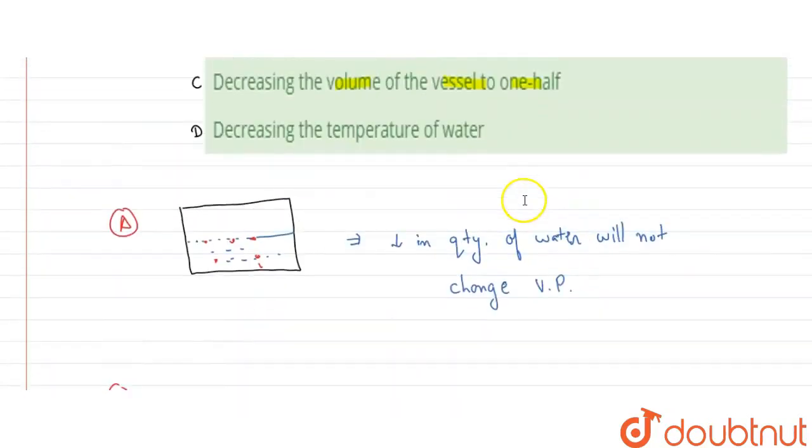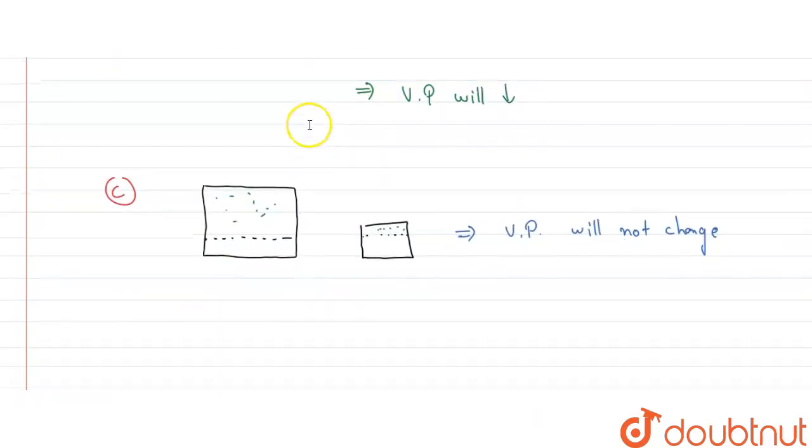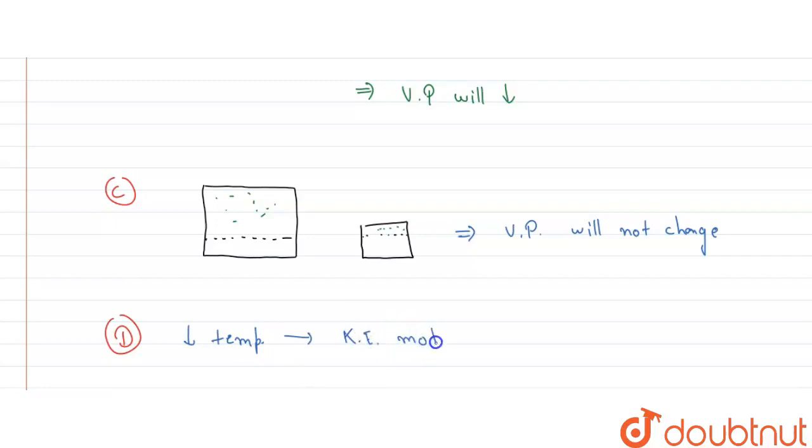Now the last option is decreasing the temperature of water. So let us write this. D option is decreasing temperature of the water. So we know that as we decrease temperature, the kinetic energy of the molecules decreases. Therefore, if the kinetic energy of molecules decreases, that means they won't go into vapor phase, because we know